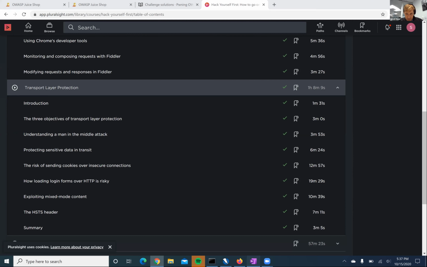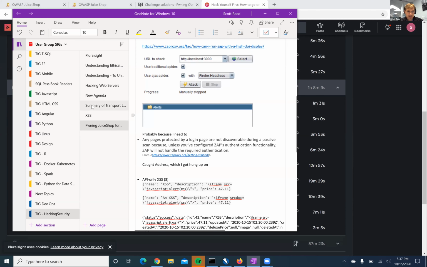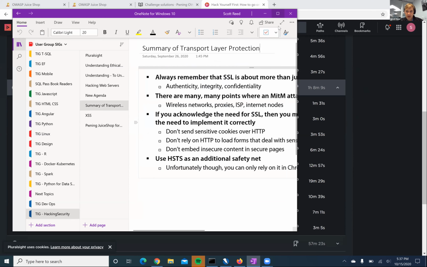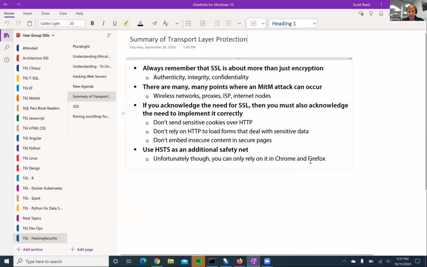Actually, I think I saved the last slide, just so we could sort of... We used to call this the CIA of security, right? A CIA of transport security.